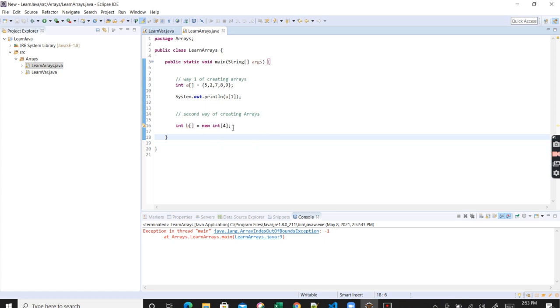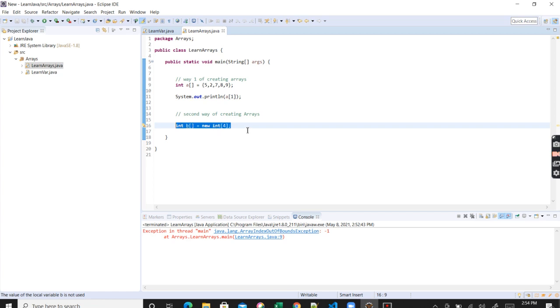Now what this line says is that we want to create an array which will hold 4 values. The size of that array is 4, and that memory location would be pointed to by b. Now at this moment, an empty array of size 4 would be created, right?